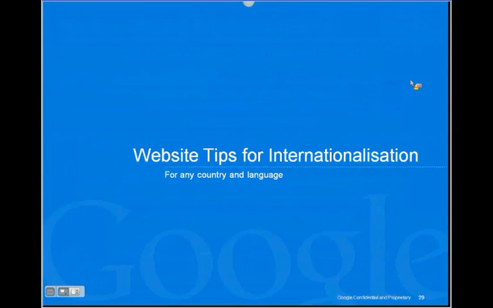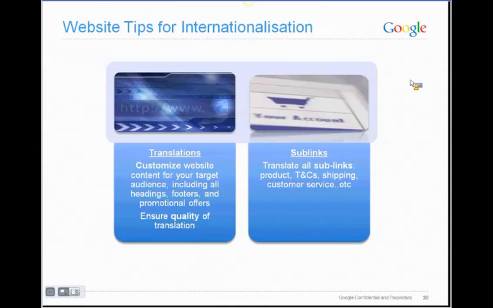Now in this section, we will look at important tips to ensure your website is internationally friendly. As mentioned earlier, make sure content reads on a native level. If a translated page is poor, this will lower your visitors' expectations of receiving a good service and will result in losing your customers' trust.